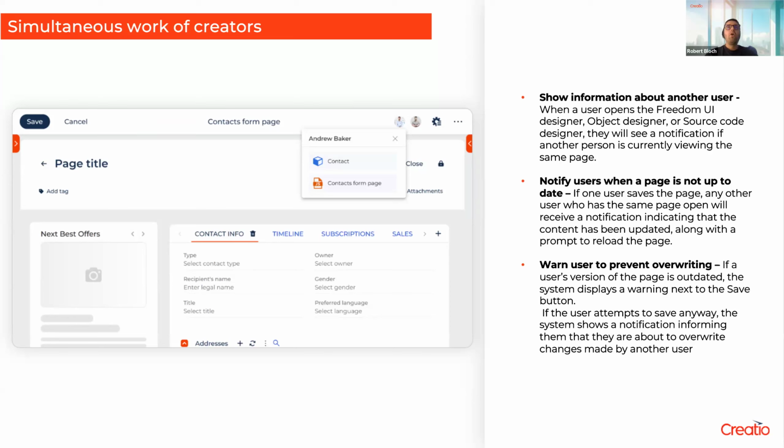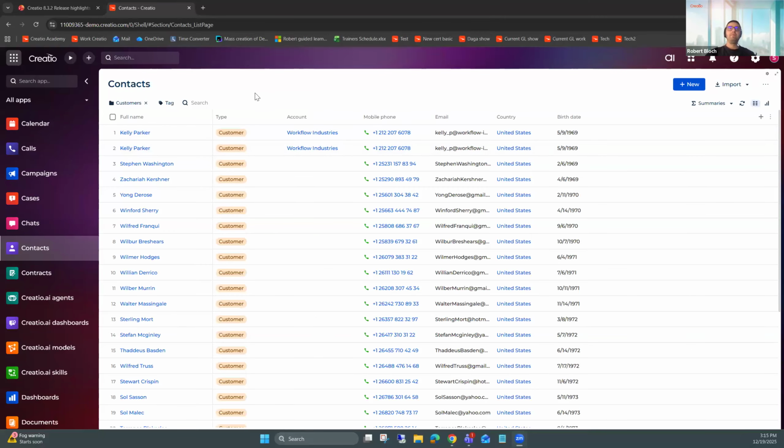So let me organize my screen again, but this time I will need to play with the setup a little bit. Robert, I believe that in this particular feature, you're going to need my help, right? Mm-hmm. Okay, so can you tell me to which page I should navigate in my environment? So we will show in the editor how it looks. So please, for now, navigate to the contacts form page. So please go to the contacts section, All, and right, please go to